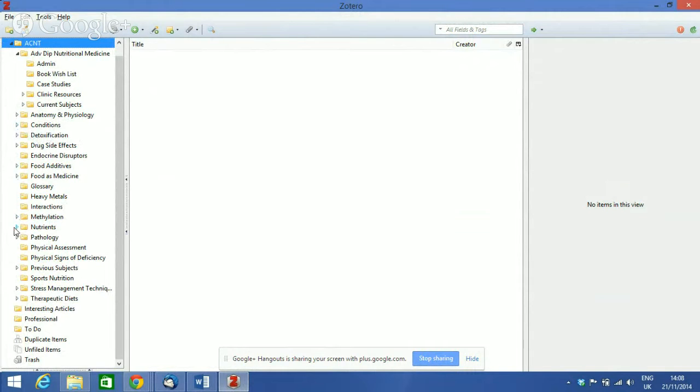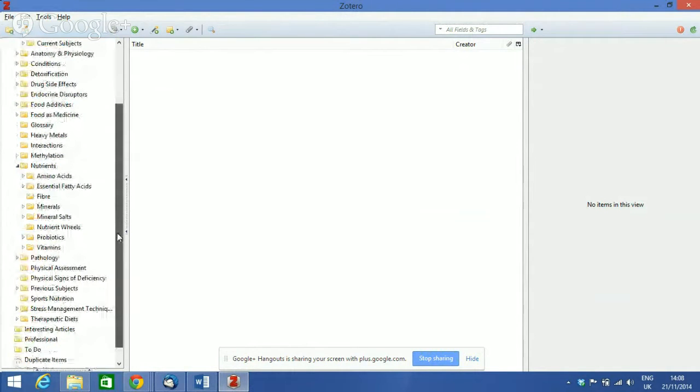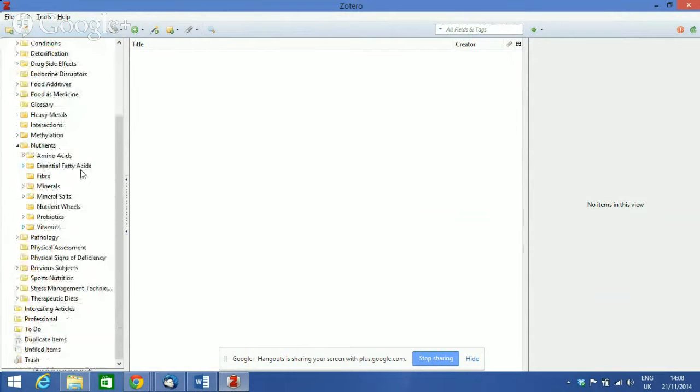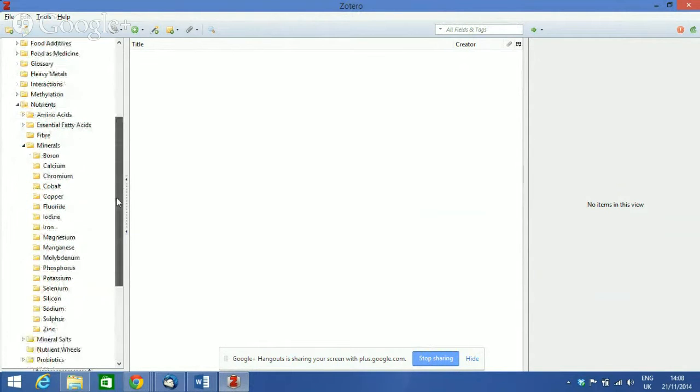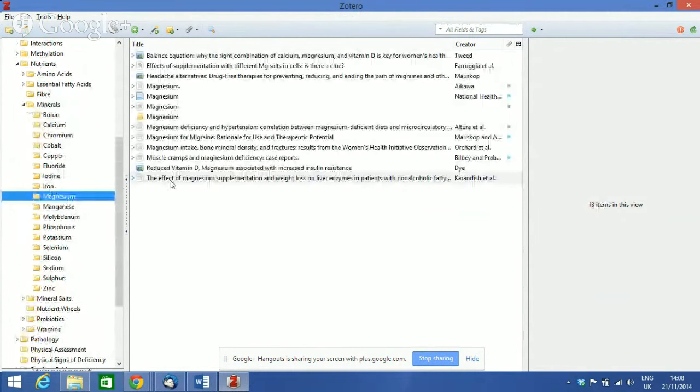With the nutrients, for example, if we open this up, you just click on the little arrow and it will show you all the subfolders within that. And then I've got my essential fatty acids, minerals, vitamins, all the other little bits of information in there. If you wanted to look at what I've got collected about magnesium, that's a mineral. So I'd go into minerals and click on magnesium, and it's got all the information here that I've